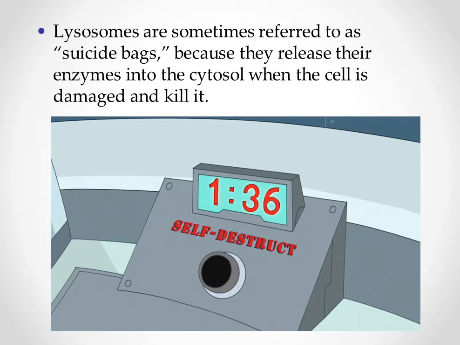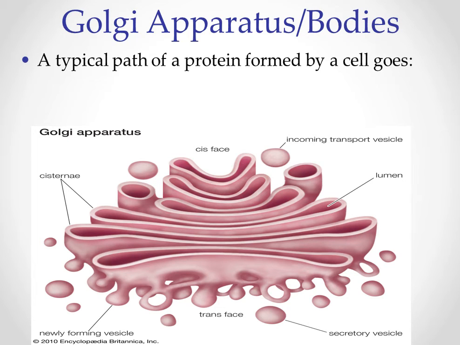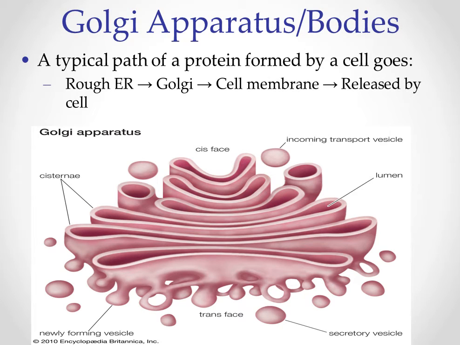Now lysosomes, you might hear them called suicide bags, basically because they can release their enzymes into the cytosol or the cytoplasm, where the cell damaged and killed, I should say. So if the cell is